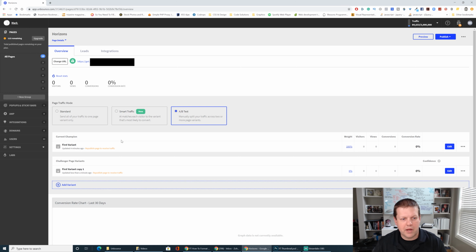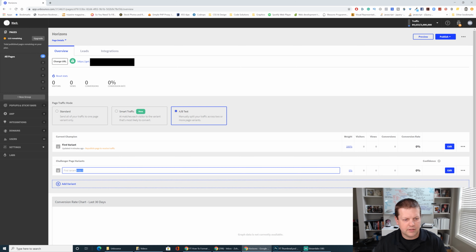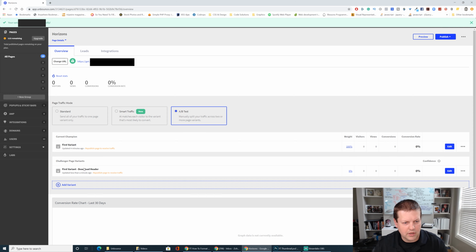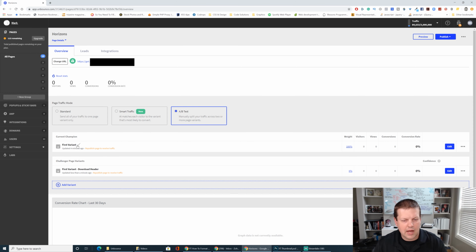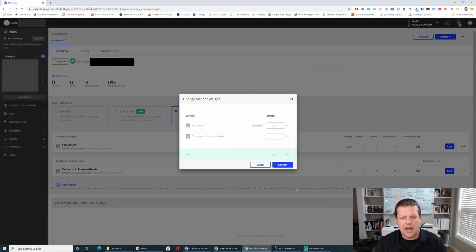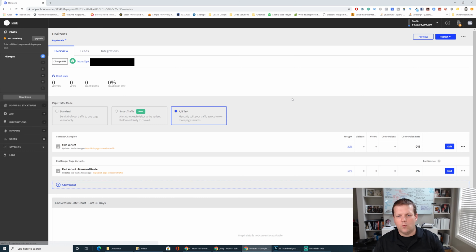Okay, so now we have two pages. We have the first variant and we have the variant copy. I'm going to say this is variant download header, so that way we can understand and keep track of what it is. And all we have to do now is click on this weight text and change it to where instead of 100% of the traffic going to the first variant, we're going to split this to make it an even 50-50. So that way, as visitors come, one person will see variant A, the next person will see variant B,